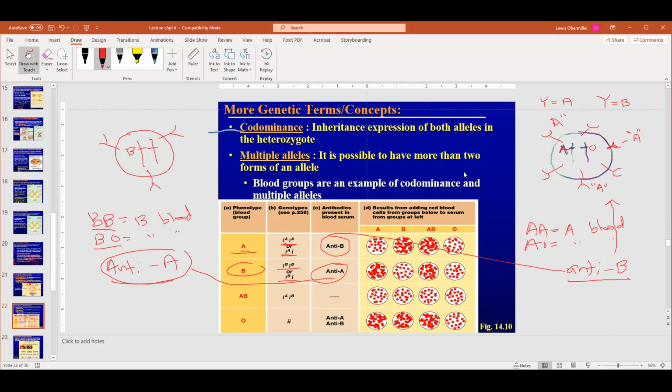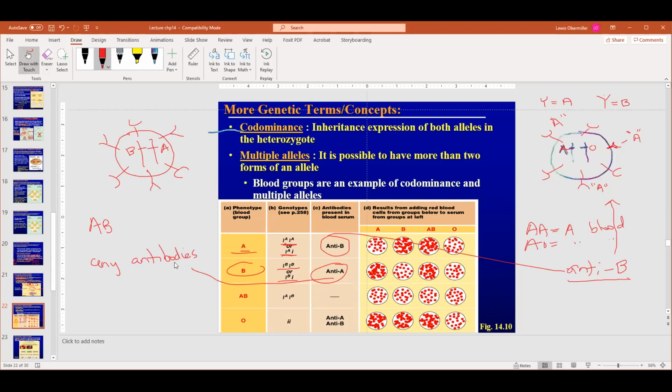All right, so there's another possibility. You could have both an A and a B allele. Let's say you got A from dad and B from mom, and then you make both of these receptors on the cell surface. So you would have both A and B on the cell surface, and so you wouldn't make any antibodies,